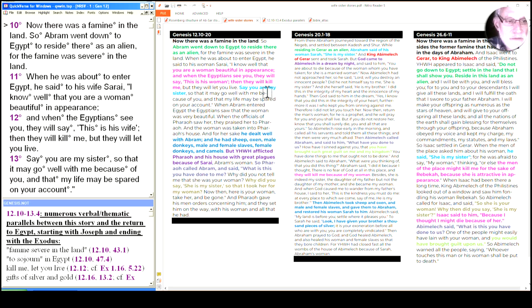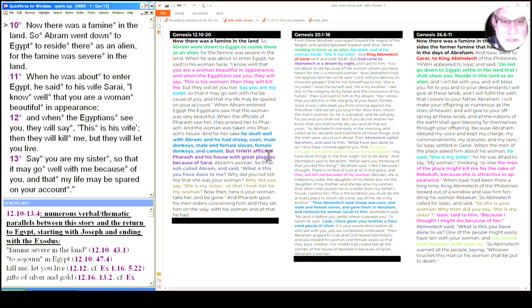In all of them, we have something about say she is my sister, or say you are my sister, or in this case, Abraham saying she's my sister, and here Isaac saying she's my sister. In all of them, there's some kind of reward, and I'm sorry, in the first two there's a reward, and in the third one there's no reward named, both in the form of sheep, oxen, and slaves, so we see that parallel here. But in chapter 20, in addition, there's 1,000 pieces of silver given, and that will play out in chapter 23 when Abraham is looking for a place to bury dead Sarah after the binding of Isaac scene.